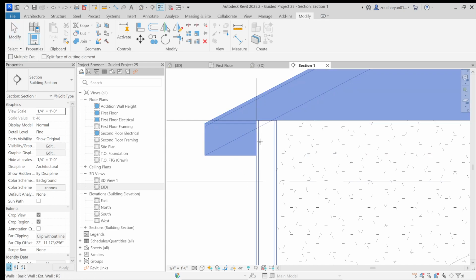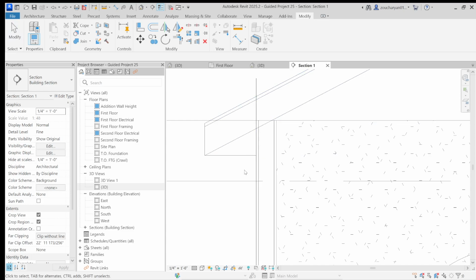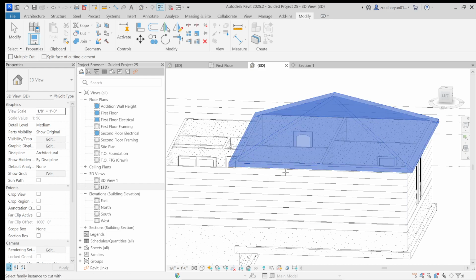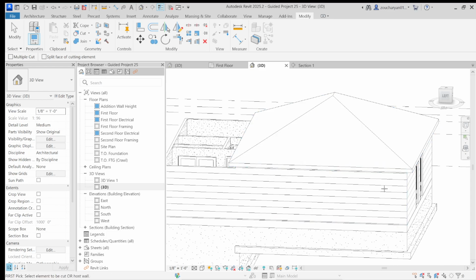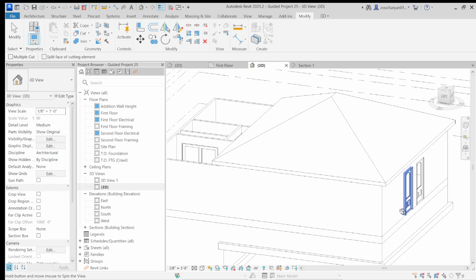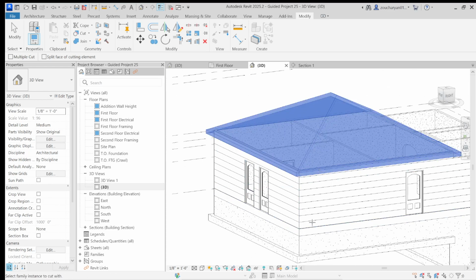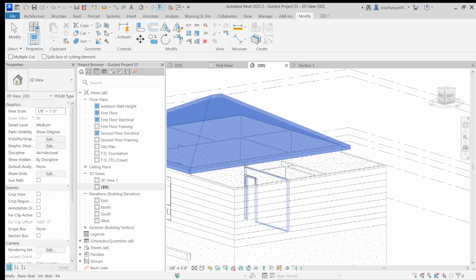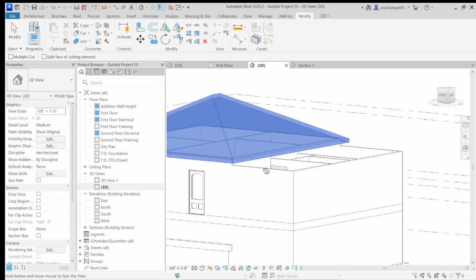First, I'm going to try one thing. Aha! Okay. Sorry, figuring this out as I go. Modify tab, cut geometry. I want my roof to be cut by the wall. I'm going to go to my 3D view and make sure the roof gets cut by all 4 walls that I'm placing. You cut by you. You cut by, oops. It might already be cut by you. Yep. And then you cut by,